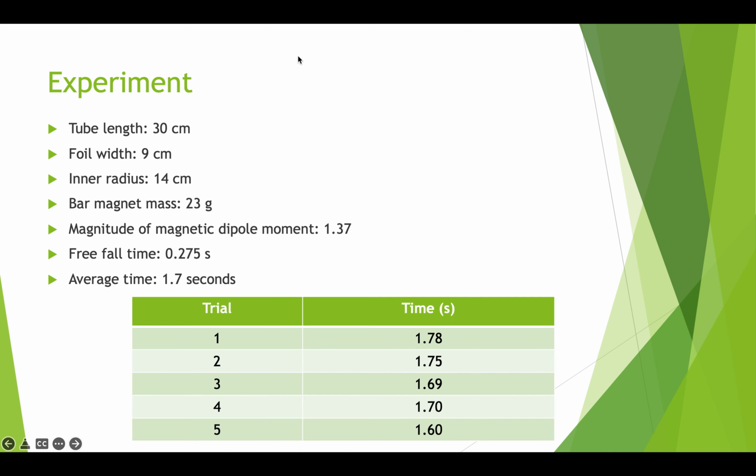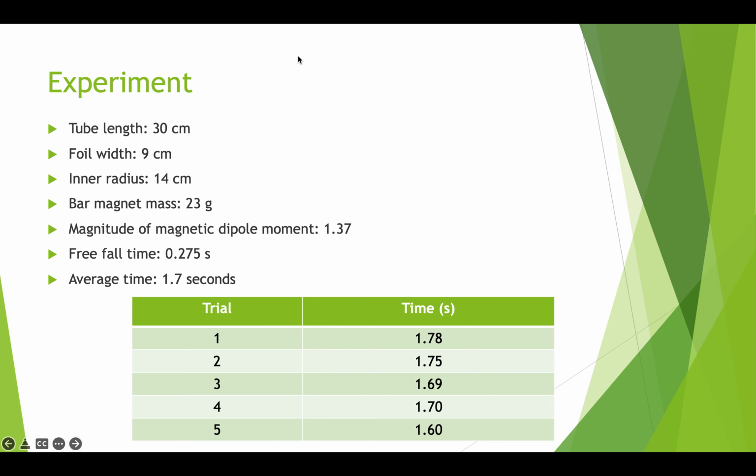In this experiment, we had a tube with length 30 centimeters, foil width of 9 centimeters, the inner radius was 14 centimeters, the bar magnet mass was 23 grams, the magnitude of magnetic dipole moment was 1.37, the free fall time was 2.75 seconds, and with the 5 trials and the 5 separate times, we came out to an